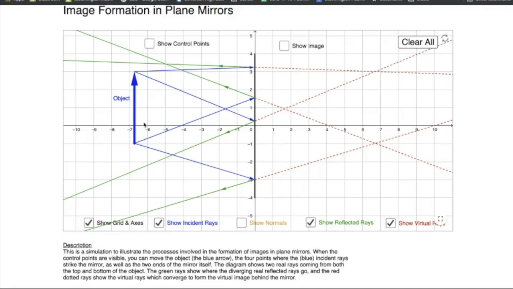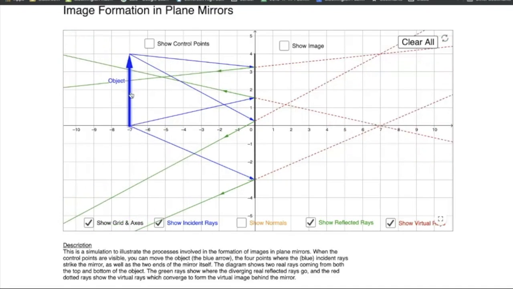These blue lines coming off are what we call incident rays. Those are rays of light that are striking the mirror. Maybe they came from a light somewhere and they hit this object and then they reflect off and then they hit the mirror. The green lines are reflected rays, so they reflect off of the mirror and shoot off back